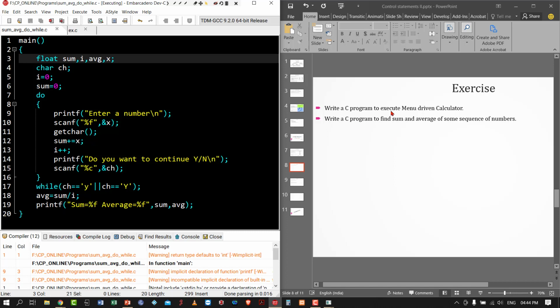Write a C program to execute a menu-driven calculator. First I will explain the concept of a menu-driven calculator.